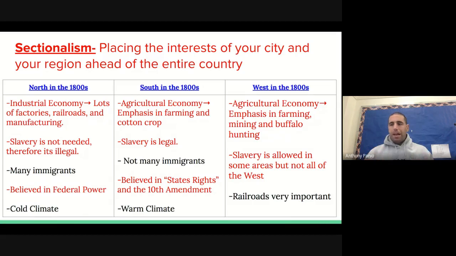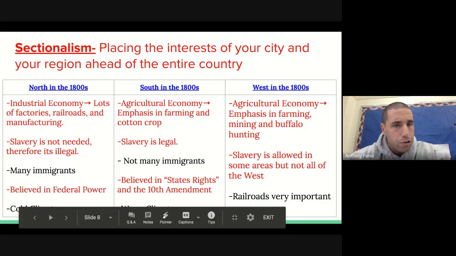So while Manifest Destiny is going on, while our country is growing, at the same time we're also dividing. So we're going to look at the three sections of the United States at this time and really break down what is important to each section, and you'll see how different everyone is. All right. So if you lived in the North,